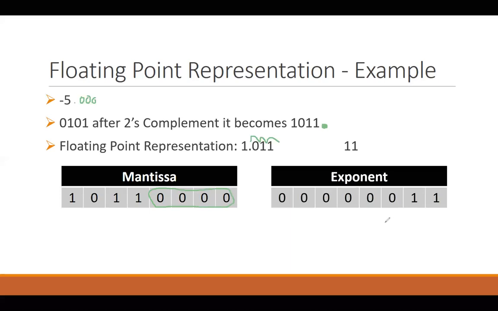Again, to track back the example, ignoring all that, if I'm just looking at these two tables, exponent and mantissa, the exponent is going to tell me the place of my binary point. Whenever the question is given in this format, in the form of tables, always know that this is where the binary point is going to be.